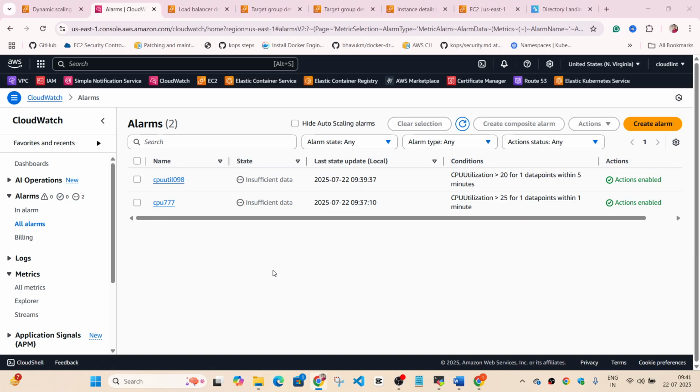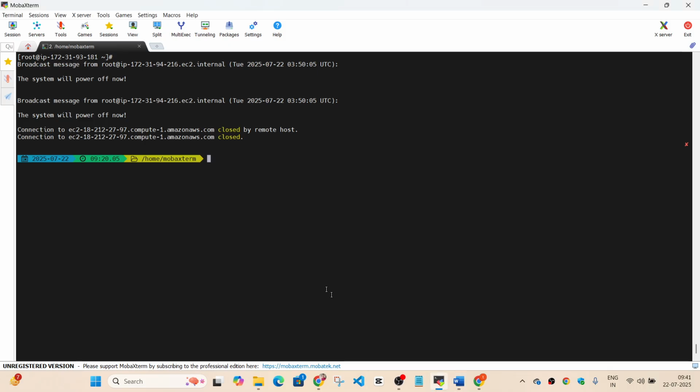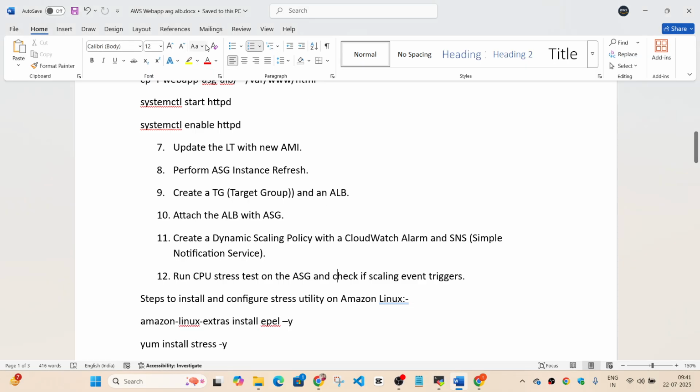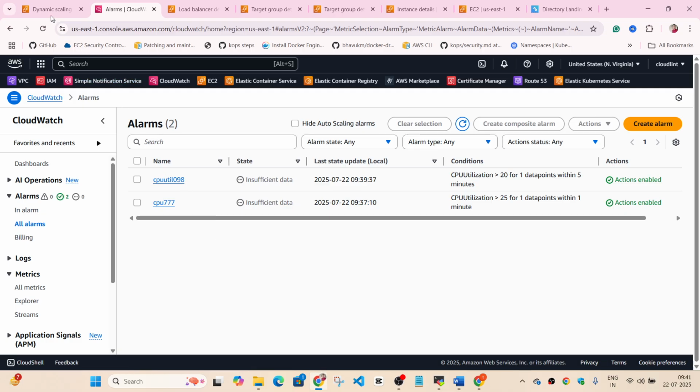All right, so I'm going to run the CPU stress test. I'm already logged into the machine here. Actually, I'm logged out, so I'll go to the console and pick up the latest instance. If you see, the instance is okay now. It has to be in alarm for it to trigger. When the alarm gets triggered, its state is going to change from okay to in alarm, and whatever you have configured with your CloudWatch alarm is going to trigger as well. In our case, it's going to be the scaling event.